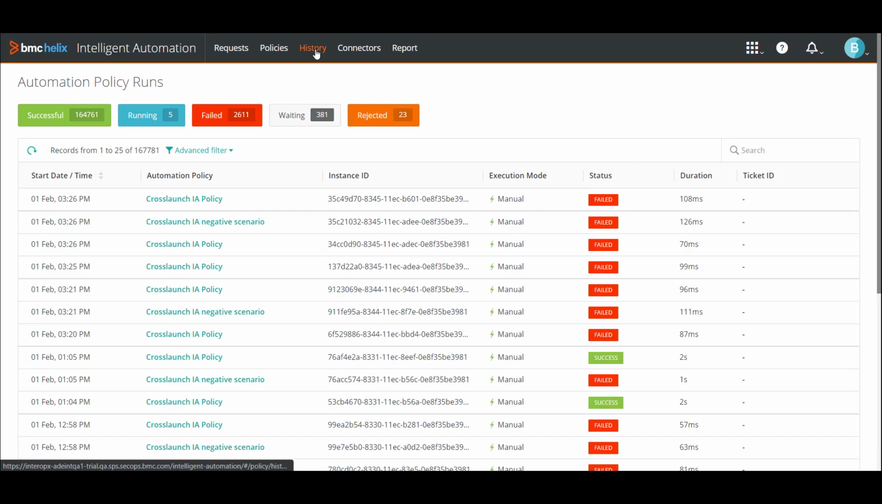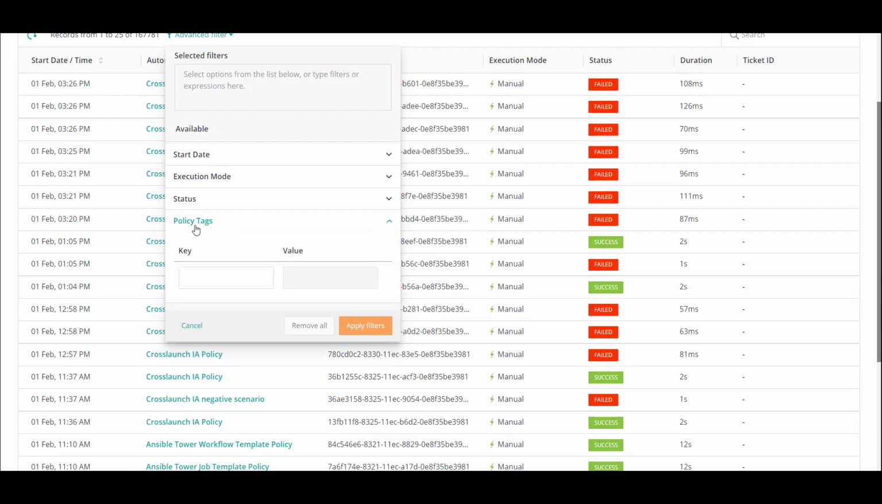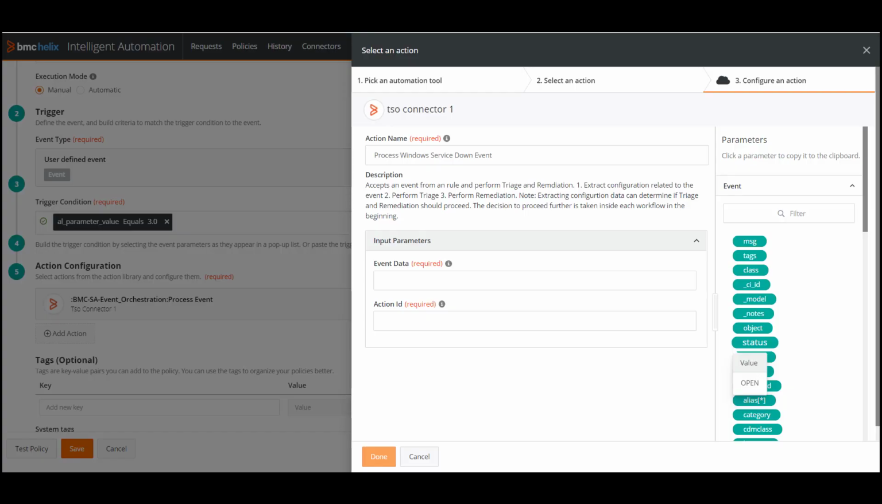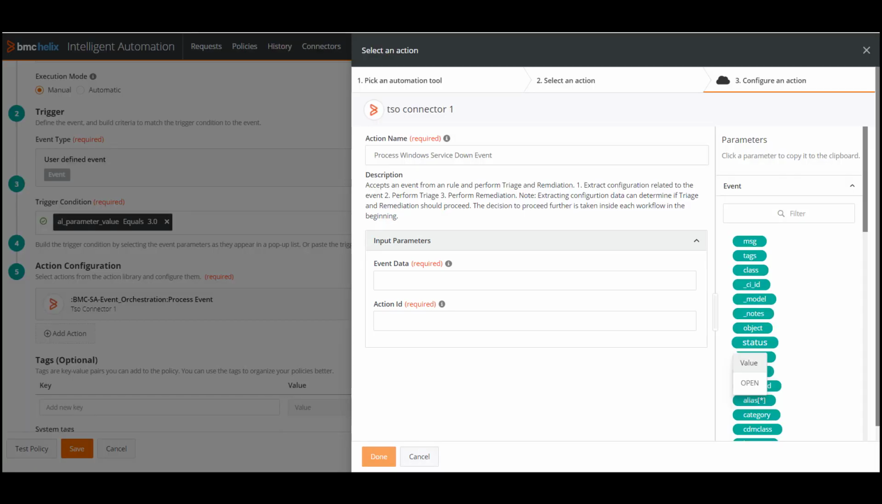On the history page, you can search for policies based on the tags by using the Policy Tags filter. While adding TrueSight Orchestration actions to a policy, you can view the description for the workflow action, the mandatory input parameters, and the description of what needs to be specified for the parameter as part of the tooltip. This ensures that you do not miss any required parameters or provide incorrect values while designing policies with TrueSight